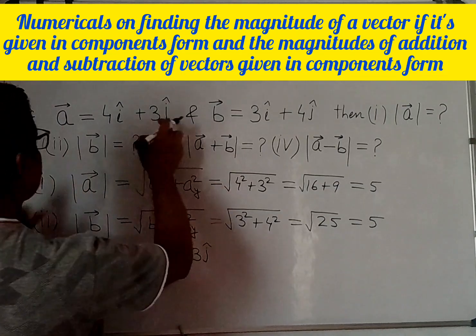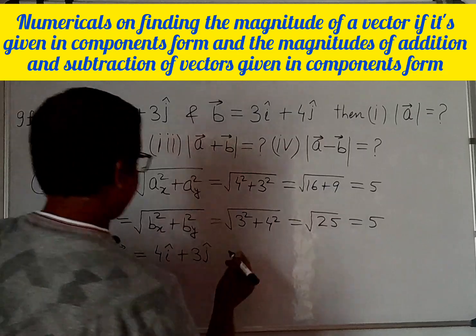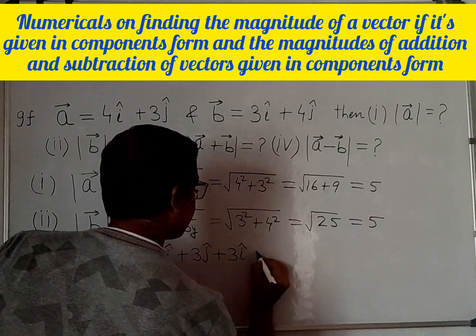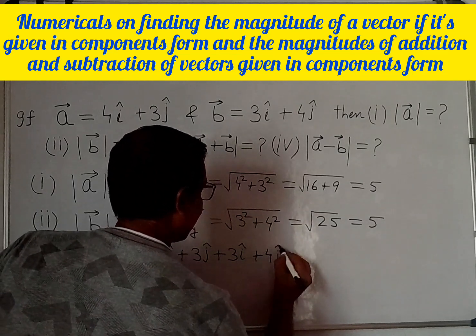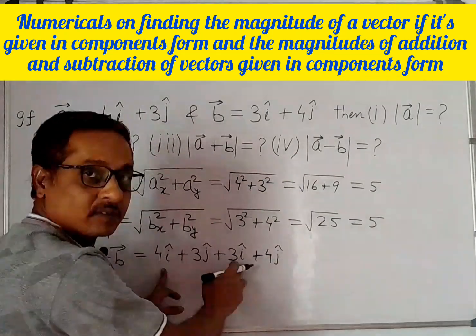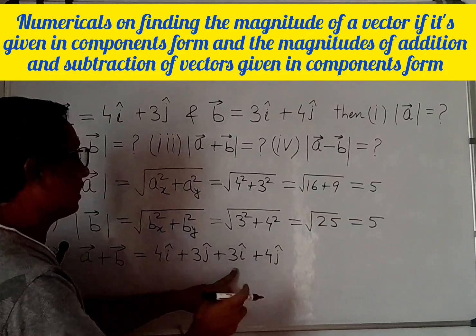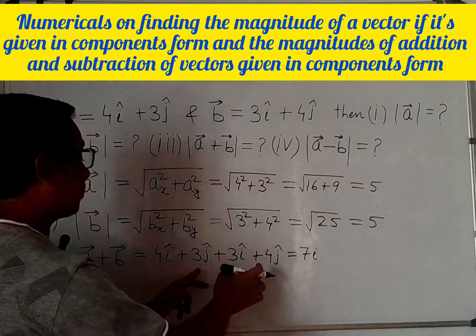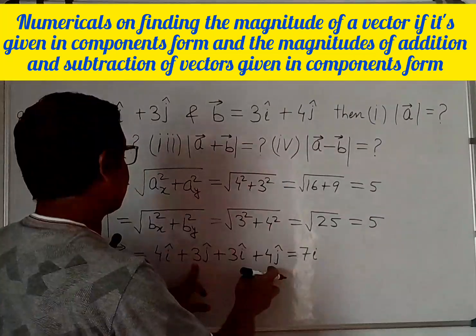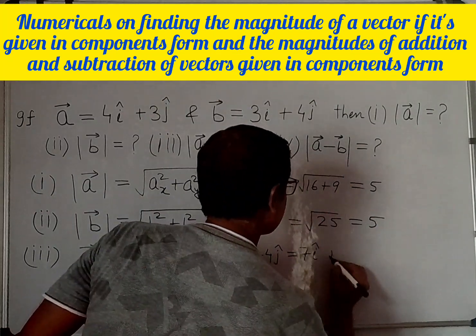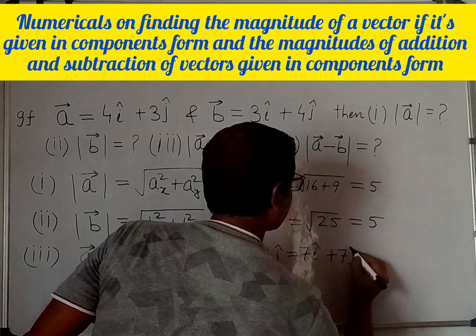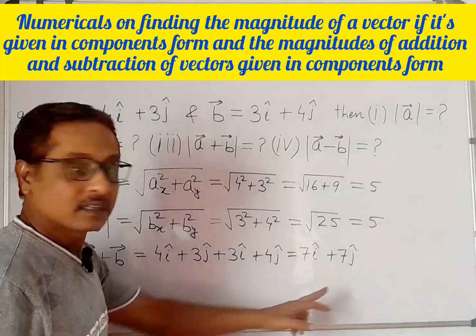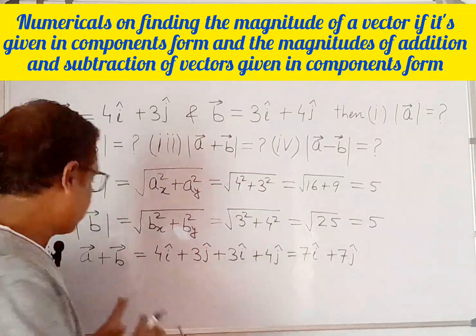that is A in component form, and B add करना इसमें, तो B is 3i hat add 4j hat। अब इसमें x कंपोनेंट वाले एक साथ कंबाइन होंगे, ऐड हो जाएंगे, 4i hat and add 3i hat, it will become 7i hat। अगेन y कंपोनेंट्स दोनों वेक्टर्स के एक साथ कंबाइन हो जाएंगे, ये 3j hat add 4j hat, it will also become 7j hat। So this is the component form of vector A plus B। 7i hat add 7j hat is the component form of vector A plus B।